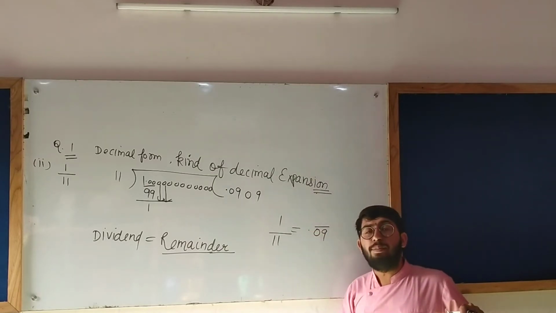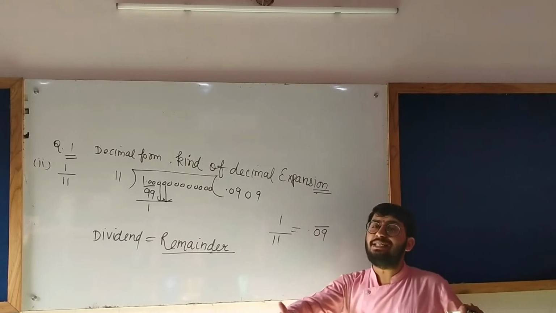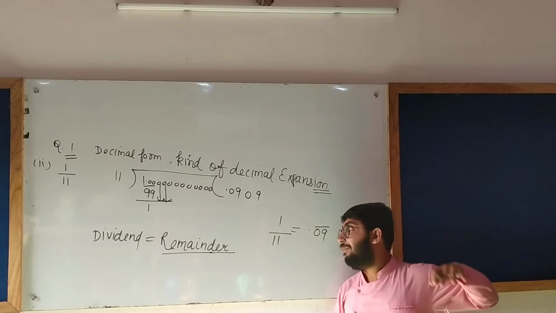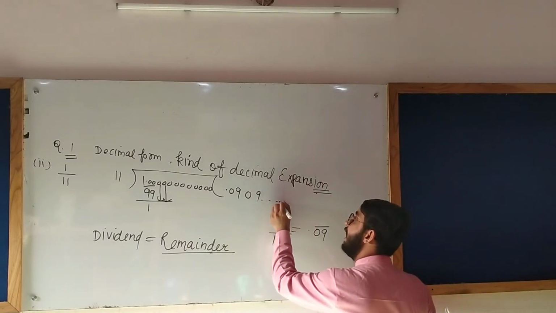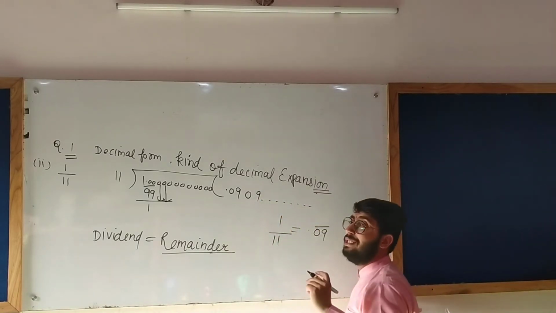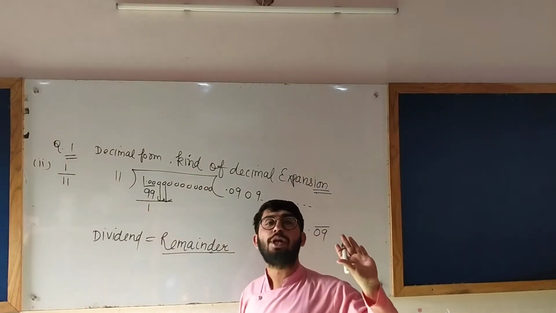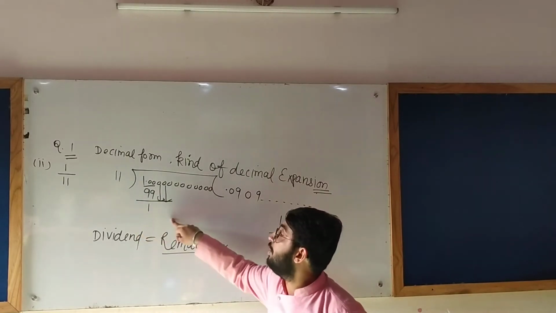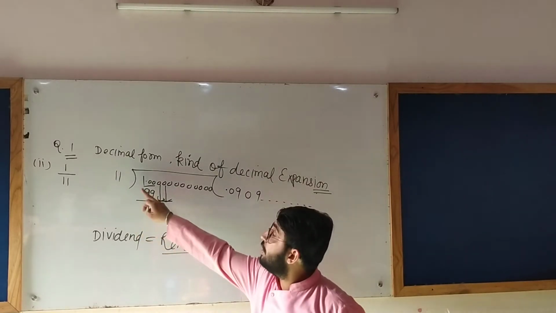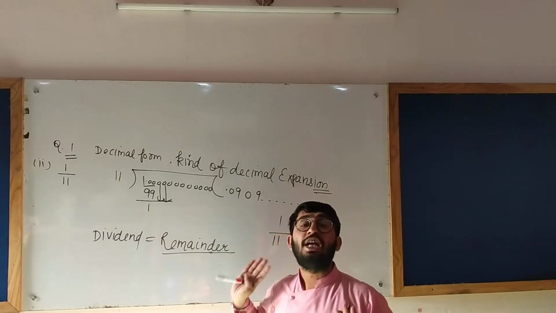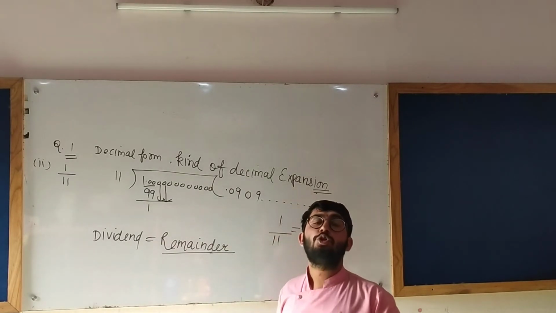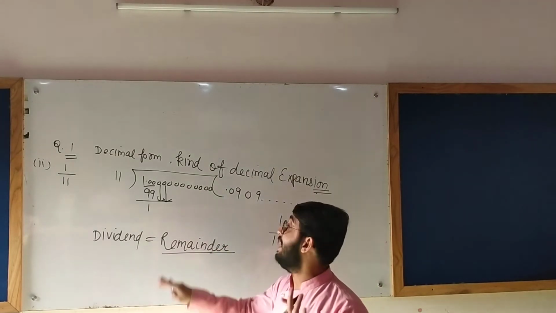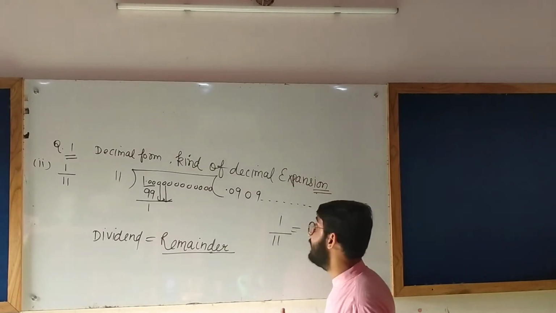The bar on the number represents that these digits keep recurring themselves. Now you will have to write dash, dash, dash, dash, dash here, because this division will keep going on. And you need not write an underline, a horizontal line here. It will be non-terminating. You can't tell after the point how many digits will be there because it never ends. Keep this in your mind.